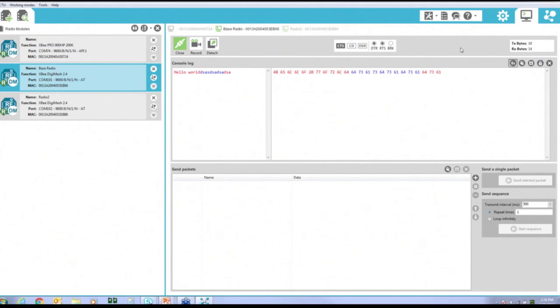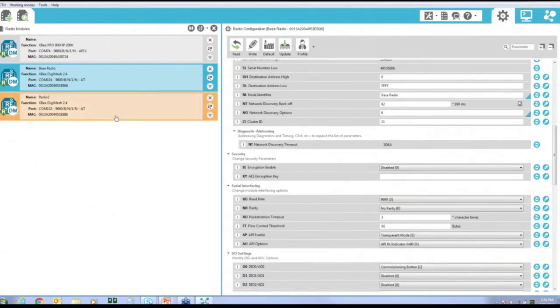I can also search for a parameter just by typing its 2-letter designator in the top. It takes me right down to the API mode selector here. I select API again, write that. API mode allows me to do some really unique things on the network. One of them is to use our network